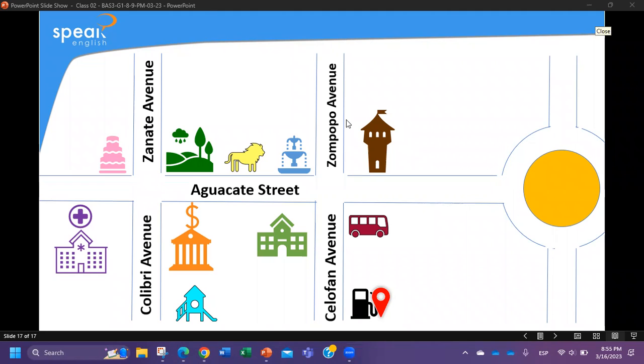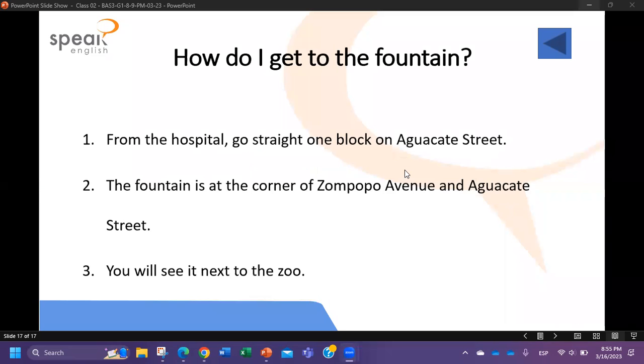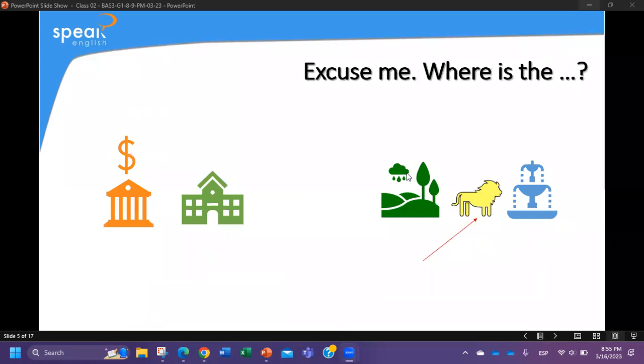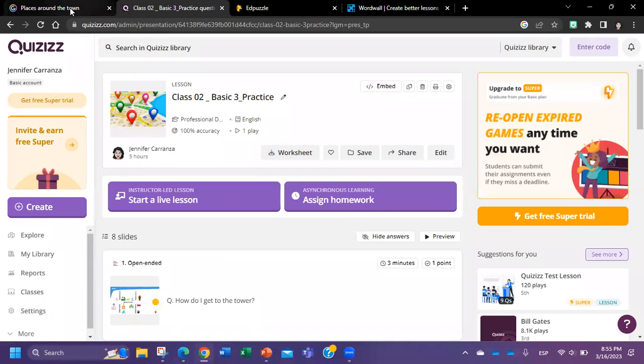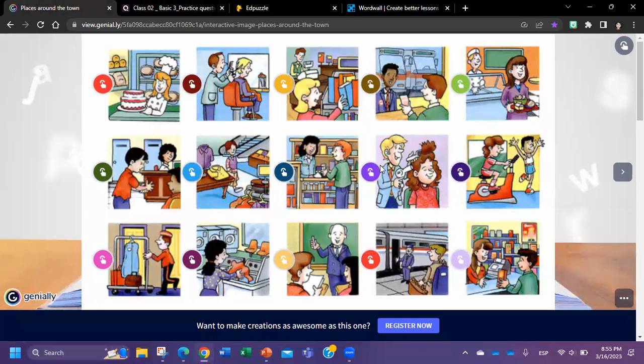So before we go tonight, I just want to remind you something, okay? In the presentation, I'm going backwards quickly. In the presentation, you have here the link so you can check the previous activity that we checked at the beginning. The one where you have the different places, okay? So tomorrow, when I ask you, for example, the hair salon, or I ask you for the video store, you know how to identify it, okay? Because now you know the vocabulary.